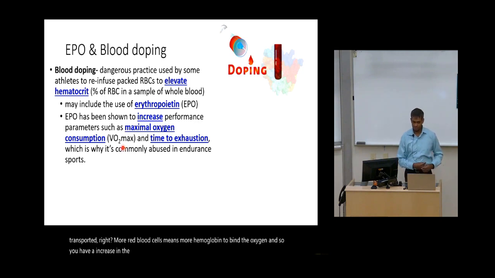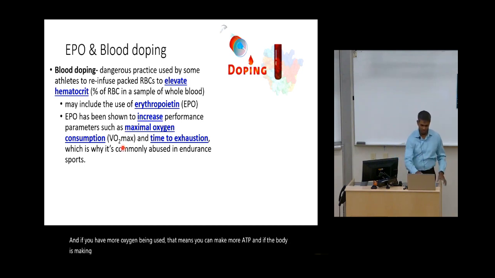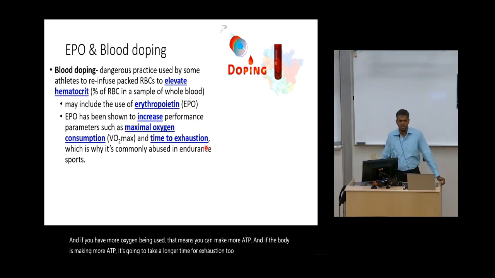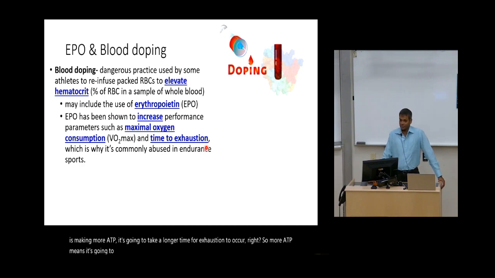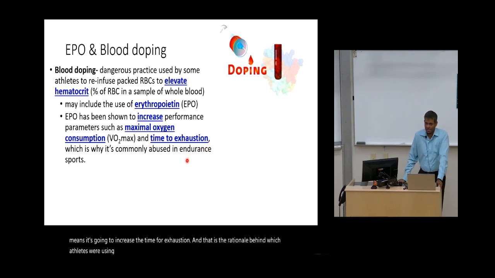oxygen consumption. And if you have more oxygen being used, that means you can make more ATP, and if the body is making more ATP, it's going to take a longer time for exhaustion to occur, right? So more ATP means it's going to increase the time for exhaustion, and that is the rationale behind which athletes were using EPO to increase the